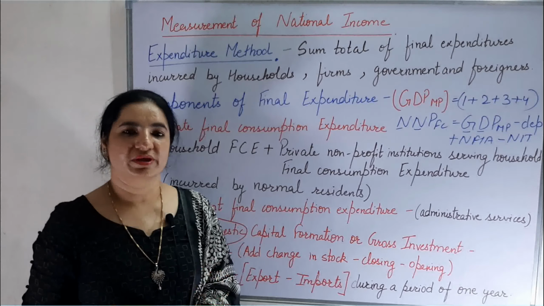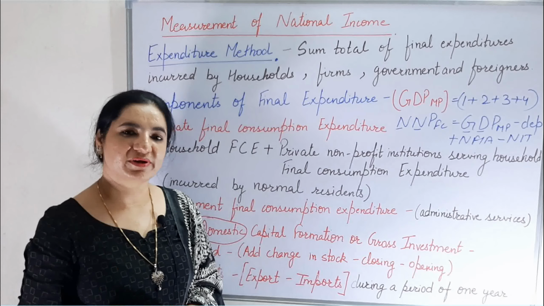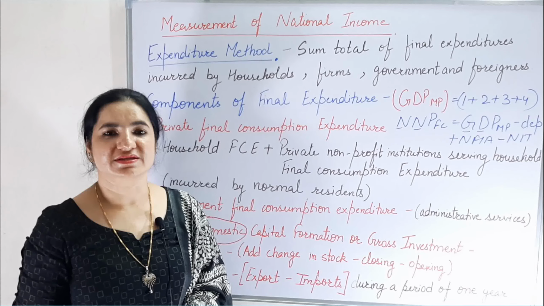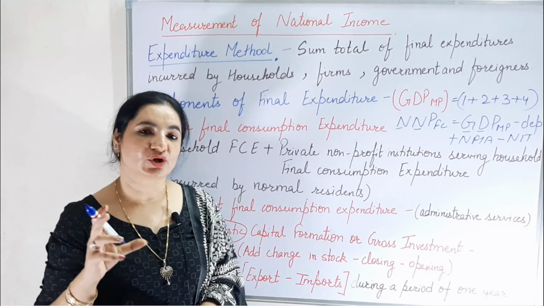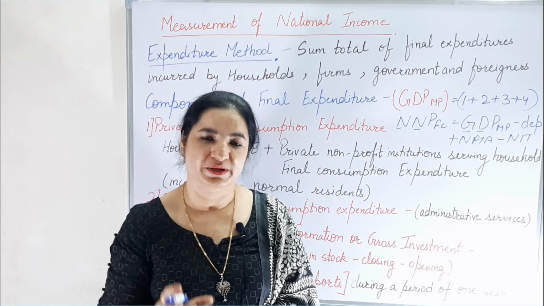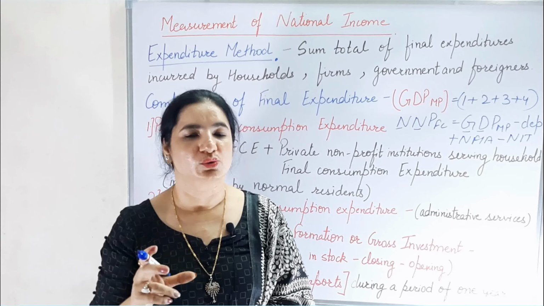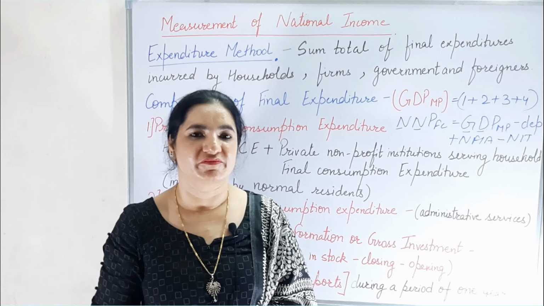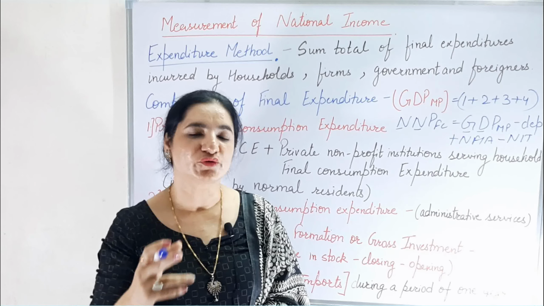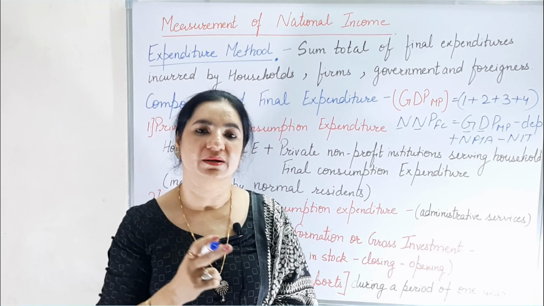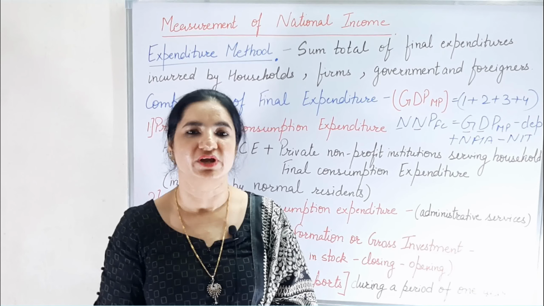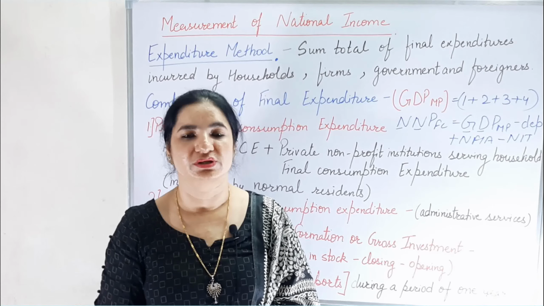So now all the 3 methods are clear to you. In my previous videos, I have already posted the income method as well as the value added method. When we do the comprehensive questions, it may happen that in the board examination, as per board norms, you will be required to calculate national income from 2 methods from the given data. So from both the methods, the national income arrived, or any particular aggregate which is to be arrived, will be equal from both the methods.